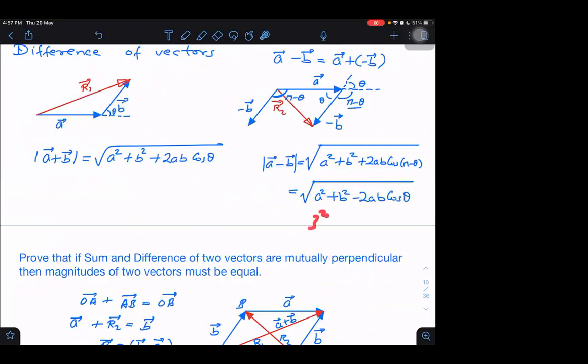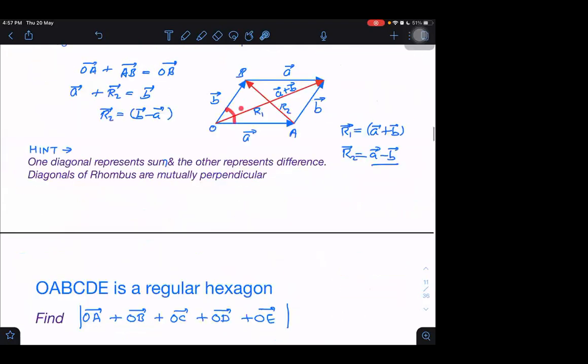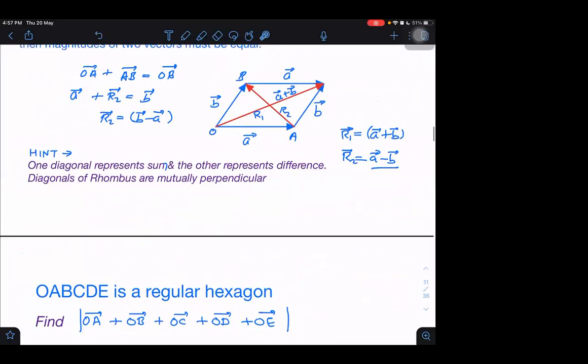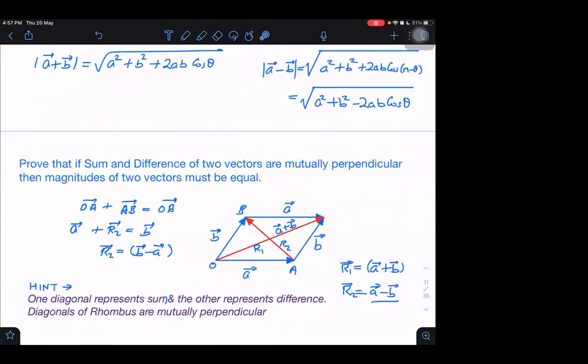No, you will get some other result. You will get the root of 3 square plus 3 square minus 2 into 3 square into cos theta, and that may not be 0. The answer depends on the angle. Yes, the answer will definitely depend on the angle between A and B, and I have not given you the angle, so it can have different answers depending upon what angle I give you. But anyhow, if it is forming a rhombus, if the magnitudes are equal, then whatever the angle may be between them, the diagonals will become mutually perpendicular.